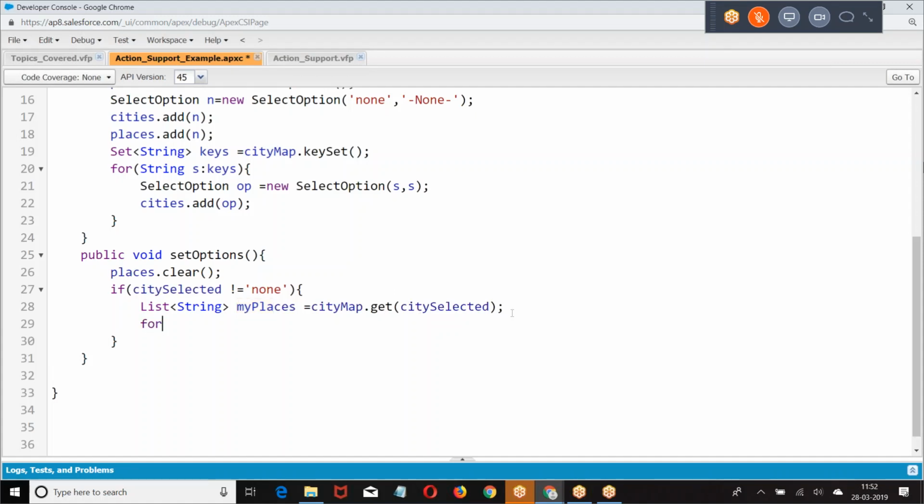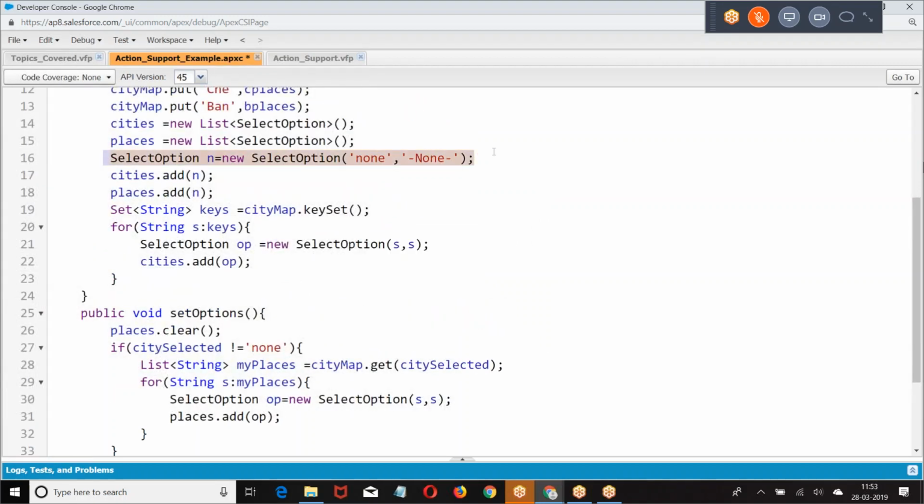Then take one by one option. Then we are giving, then in both the cases I have to add none option.